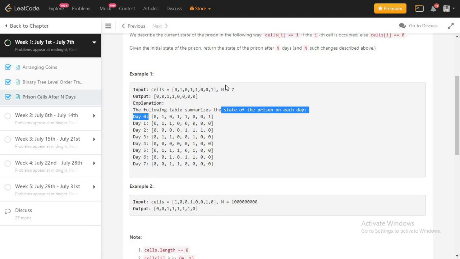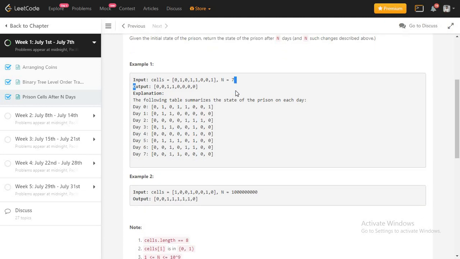But the main thing is, suppose the number given is 100, right? You need to calculate for 100 days. If you run the while loop or for loop 100 times, that will be very time consuming, right? And if it gives you 10,000 days, something like that, then it will show you a time limit exceeded. So that's a basic approach. We can do that for a small number of inputs, but if the number of days is very large, then it will fail. It will start giving you a time limit exception.